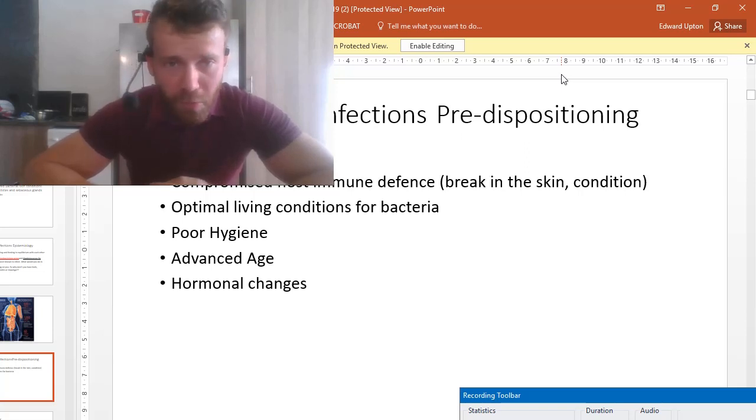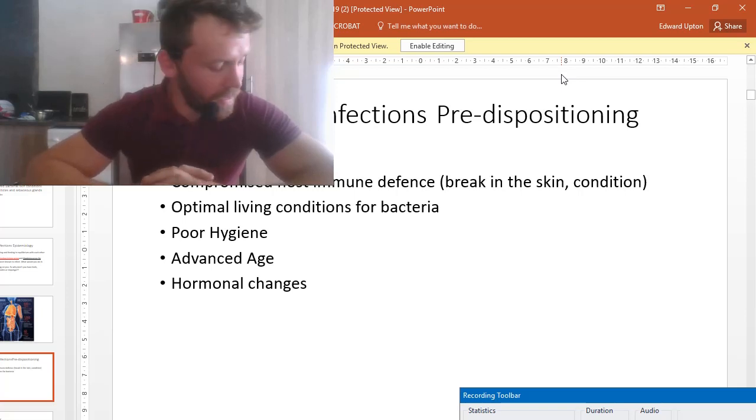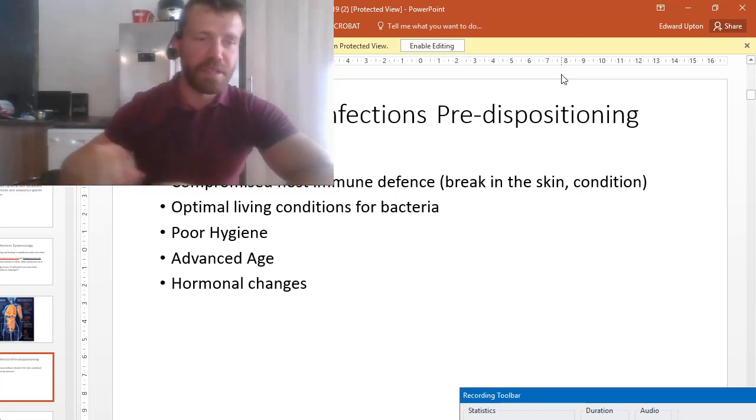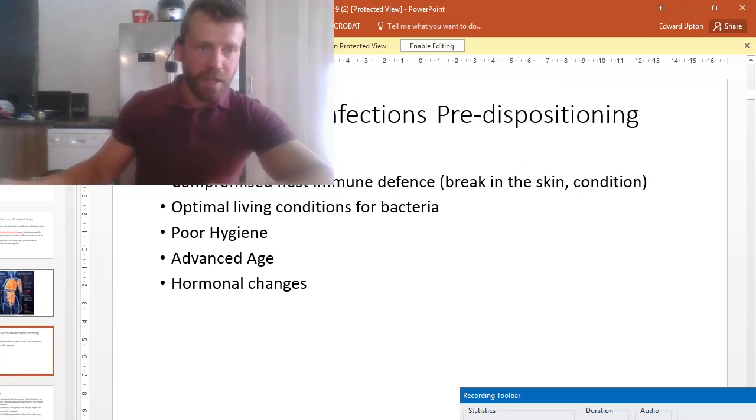Poor hygiene, of course. If you have very poor hygiene, you don't wash off different bacteria or plaques of bacteria starting to create a biofilm on your skin, and that will also start causing an infection with time. And advanced age, but of course advanced age is also related with a compromised immune system, so that should make complete sense to you guys. So let's go